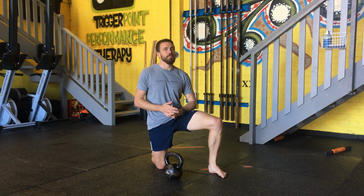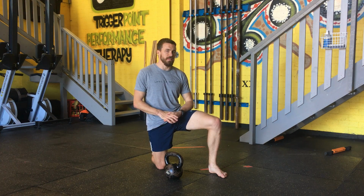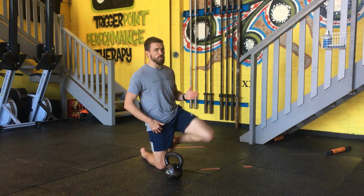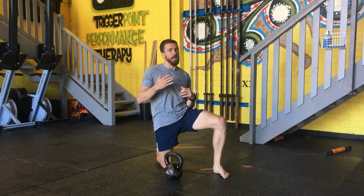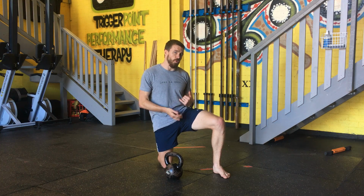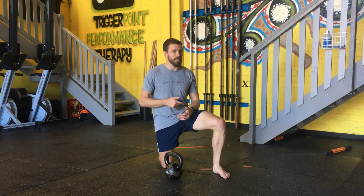Today we're going to cover off on a couple of half and tall kneeling pressing varieties. Now the benefits of half and tall kneeling work is that it can isolate the midsection by either going to a half kneeling or tall kneeling stance. So before we progress to standing, we look at developmental patterns. We start in a half kneeling, progress to tall kneeling, then go to standing to test our movement patterns and